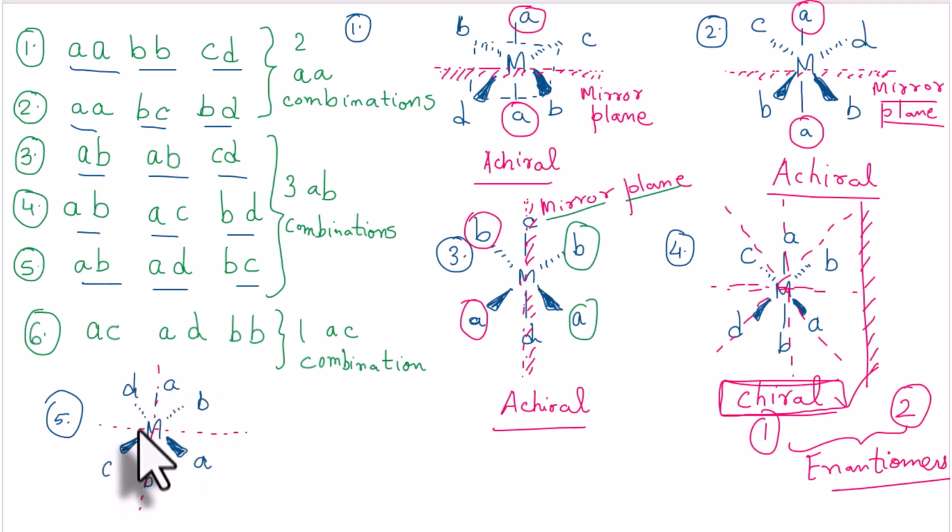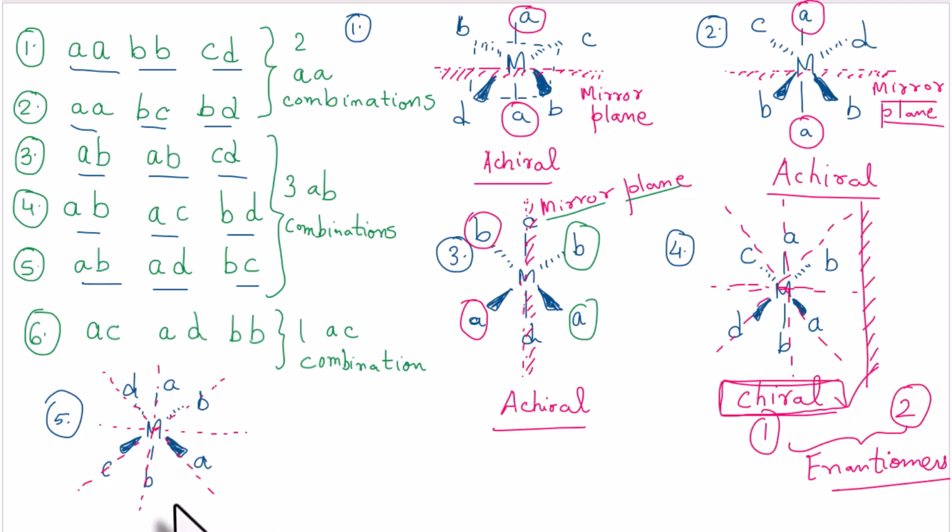So all ligands different. Then if we try to cut it diagonally from one diagonal, we have different ligands on either side: D, A, okay, then A, B. Another diagonal, so this diagonal also we try to cut. We have A, B and C and B, different ligands. So from all sides, we have tried to bisect. We have tried to divide or cut this molecule, but we do not get an identical structure.